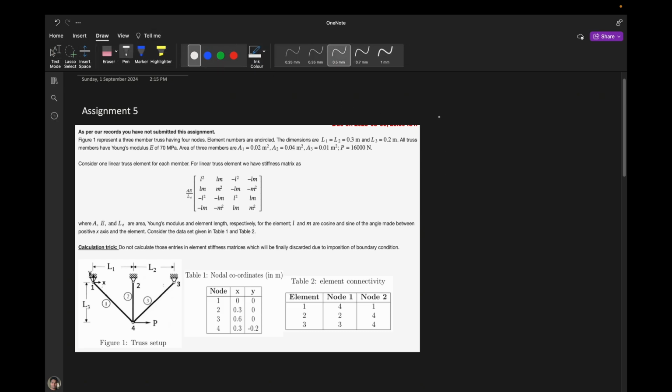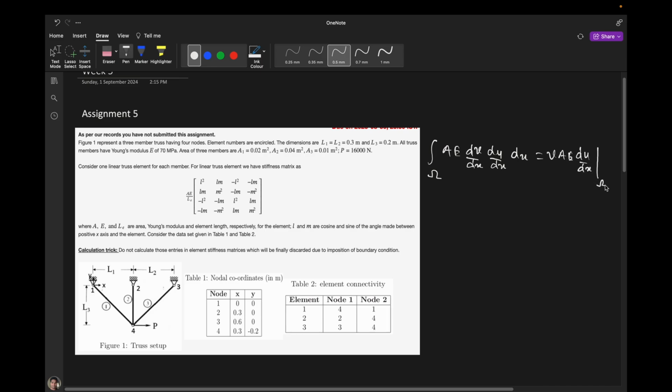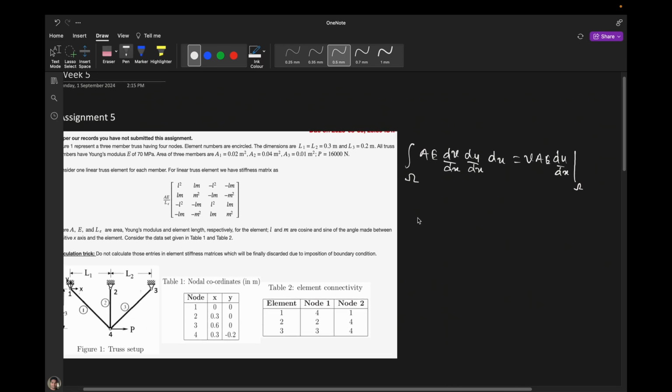So from the variational form, we already know that for the truss problem, this is the variational form from 0 to L, or you can say if it is in the domain, then we write the integral of AE dV/dx du/dx dx equal to V AE du/dx on the boundary of the domain. Okay, so for the element-wise operation,